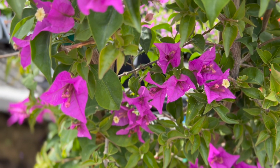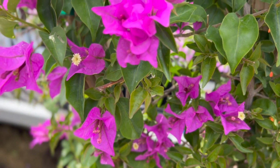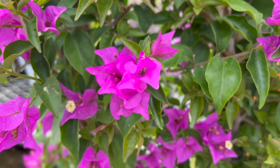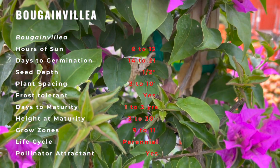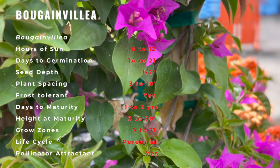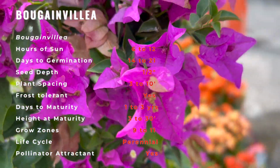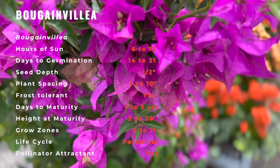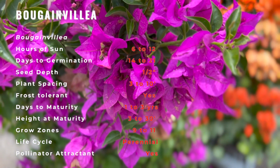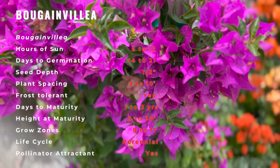Bougainvillea is a genus of flowering plants native to South America, from Brazil west to Peru and south to southern Argentina. Different authors accept between 4 and 18 species in the genus. The plant was classified by Europeans in Brazil in 1768 by a French botanist accompanying French Navy Admiral and explorer Louis-Antoine de Bougainville. They are thorny, woody vines growing anywhere from 3 to 24 feet tall, scrambling over other plants